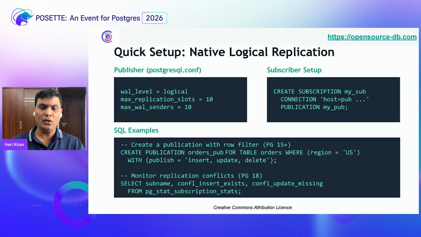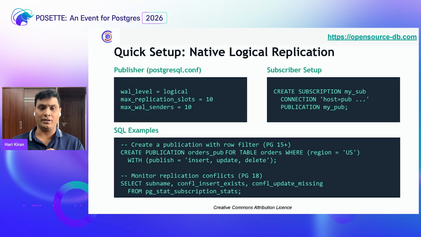Now, let's look at the quick setup that we can do with a simple set of commands. On the publisher, you need three configuration parameters, right? wal_level, and then your max_wal_senders and the max_replication_slots, right? The default values are good enough for max_replication_slots and the wal senders. You've got to change only the wal_level from